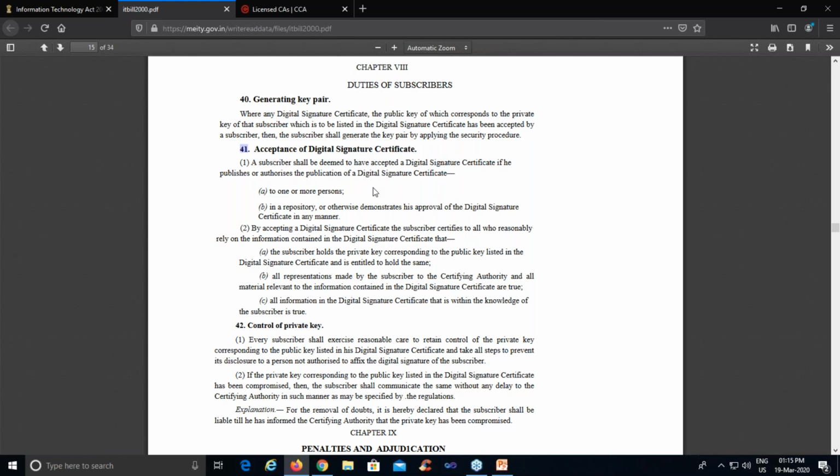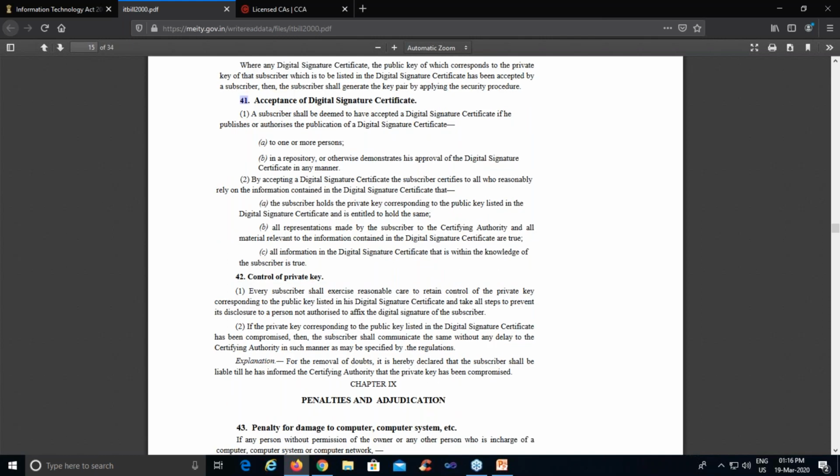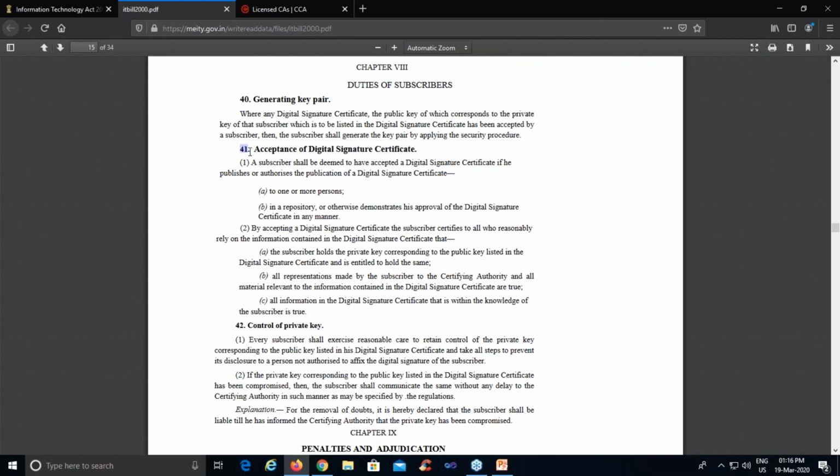So do one practical: download your own e-Aadhaar card from the internet, accept the digital signature, and observe what things you have to do as a subscriber. But before that, refer to section 41 under chapter 8.